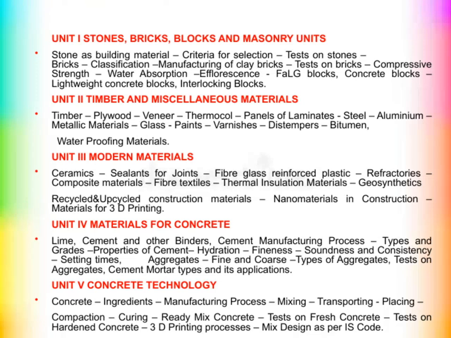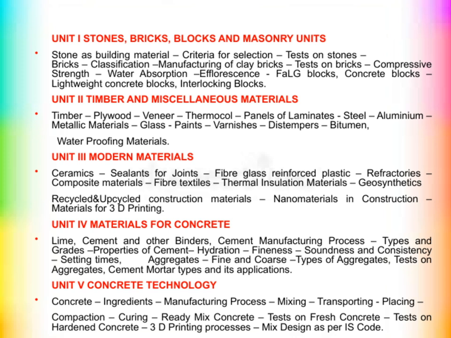Welcome to the first unit, where we explore stones, bricks, blocks, and masonry units. We start by understanding stone as a building material, focusing on the criteria for selecting suitable stones. This includes various tests to assess their quality and durability. Moving on to bricks, we classify different types and look into how clay bricks are manufactured. It's important to consider tests on bricks, such as compressive strength, water absorption, and efflorescence, to ensure their quality. We also cover different types of blocks, including fly ash, concrete, lightweight concrete, and interlocking blocks, highlighting their unique properties